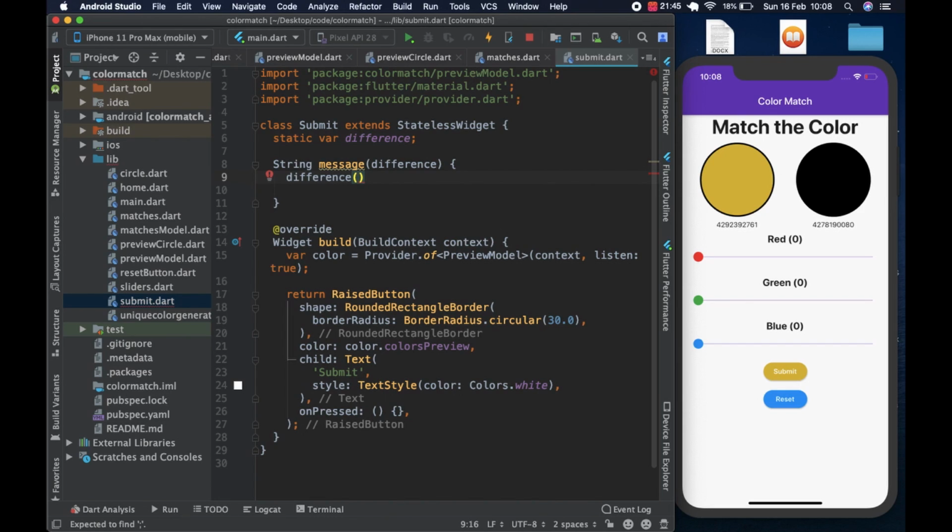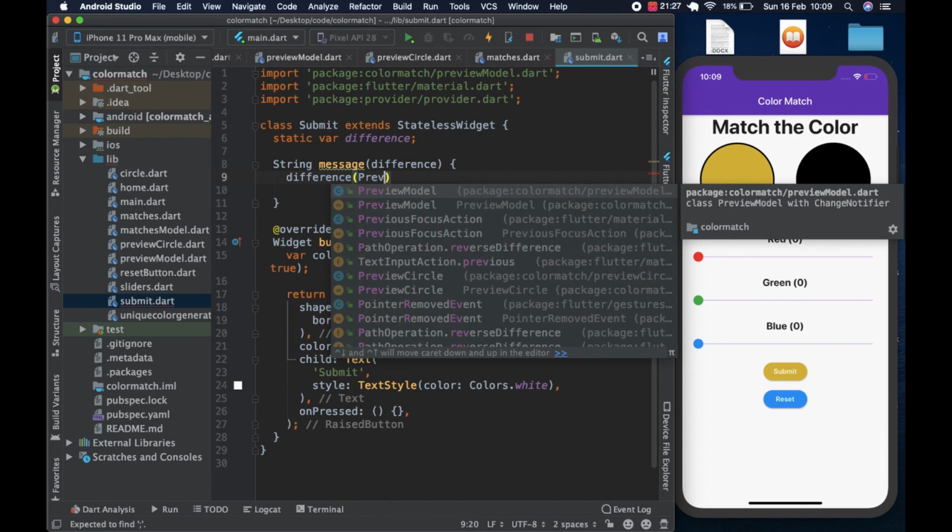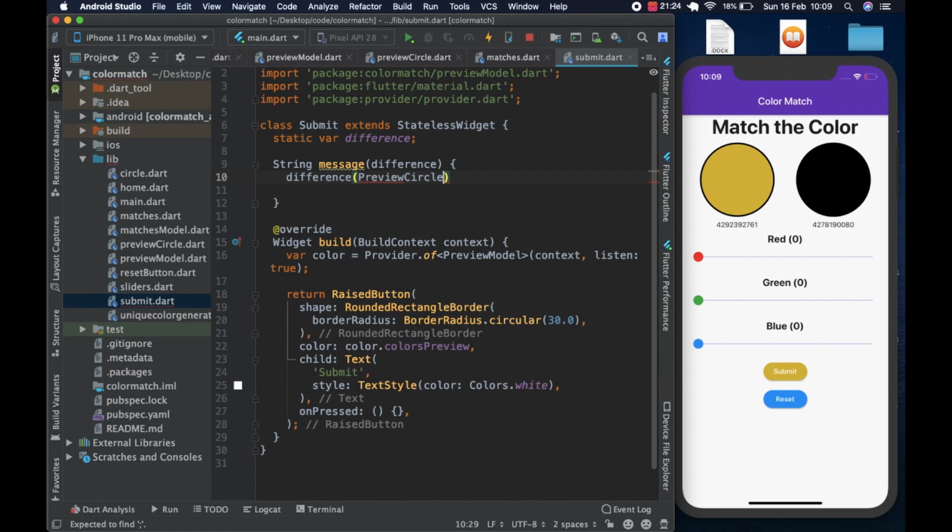The difference is going to be, we get the value from the preview circle and the value from the matches, and then we subtract, and then we get the absolute value. So that it might be negative in one instance, right? So we always want it positive so that you can compare. So we would say preview circle dot preview hex, right? And we can put this in parentheses, and we subtract